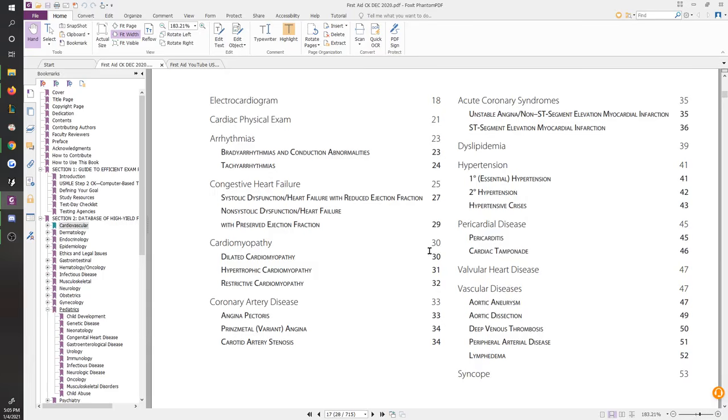Nothing here is brand new, right? So literally all the different disorders and problems and interventions that are being discussed here for the most part are things you've already learned about and visited in first aid for step 1. So the one new thing here that is going to have more focus is going to be the ECG. They're going to talk a lot more about it here than in step 1.